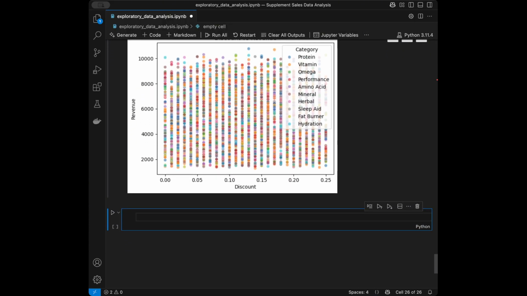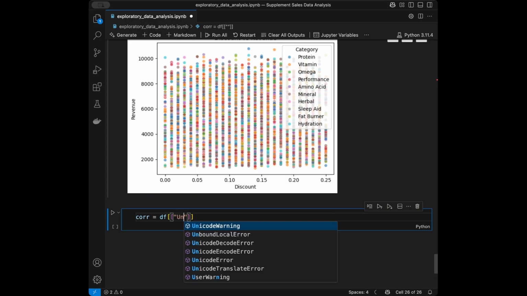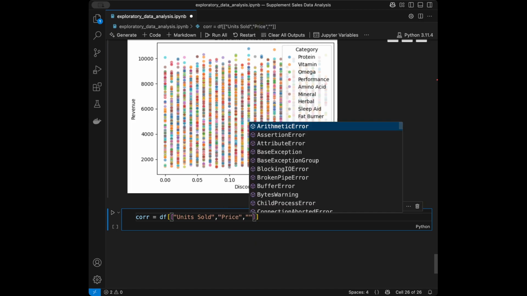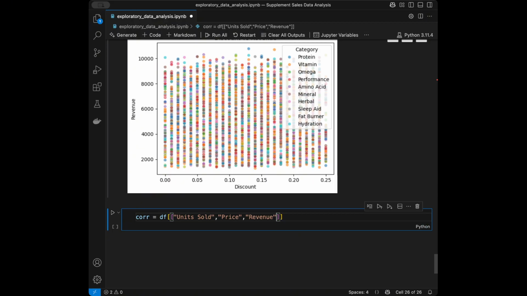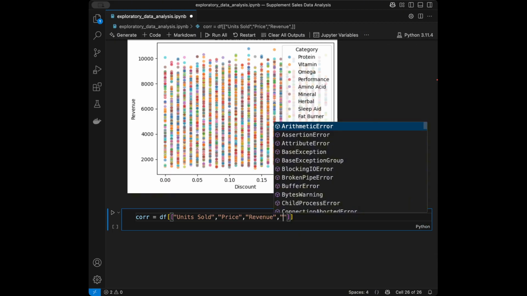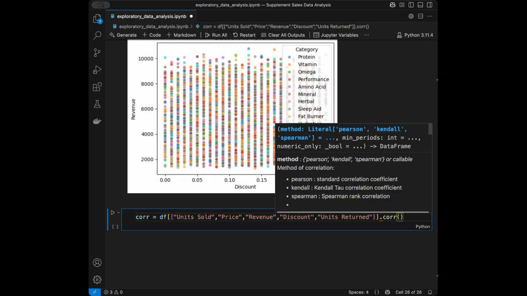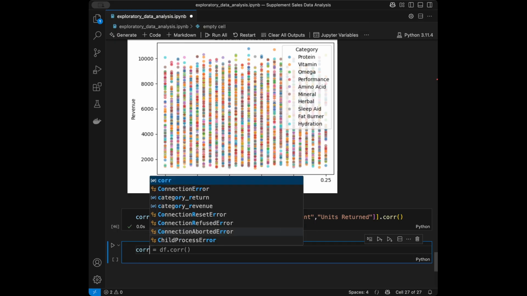Then we can get a correlation heat map. Like correlation is going to be data frame. We will take units sold, and we will take price. We will take like revenue, and I'm going to take discount, and I'm going to take units returned. And then I'm going to call correlation simply like this, and we are going to have the heat map